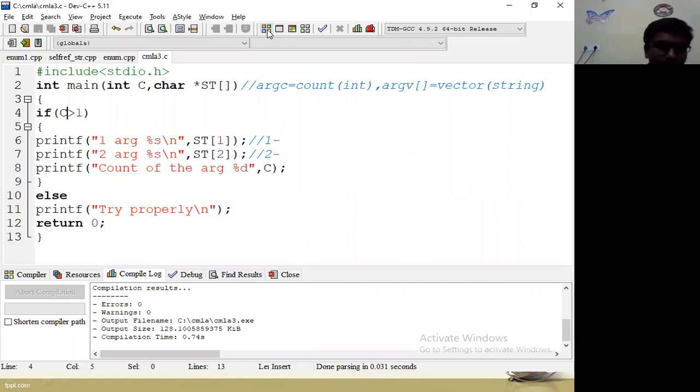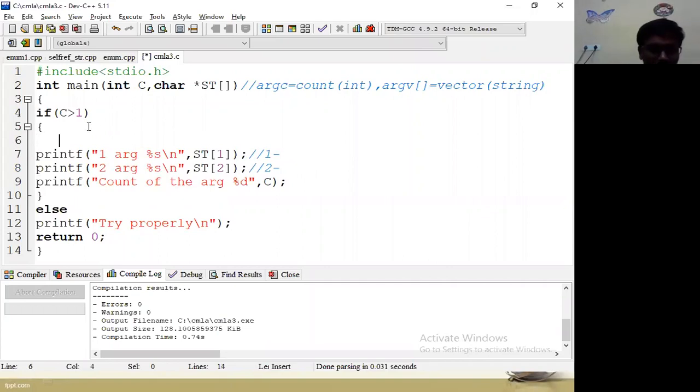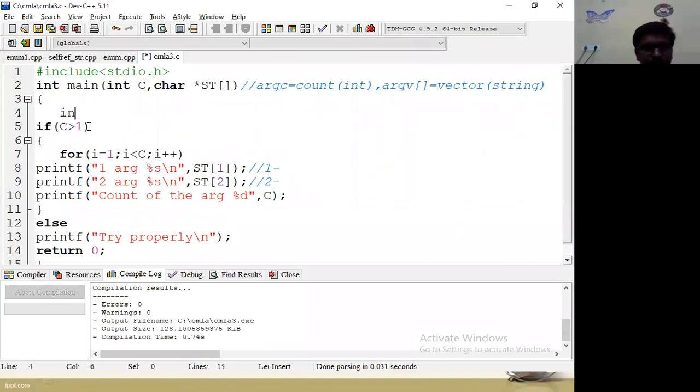Then we can use the for loop statement. For i equal to 1, i less than capital C, i plus plus. What is i? We have to declare it as int. How many times must that be printed?